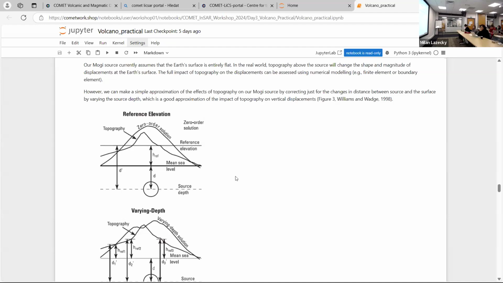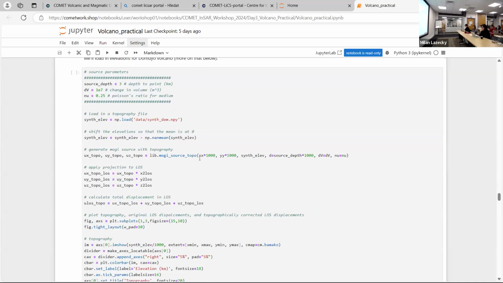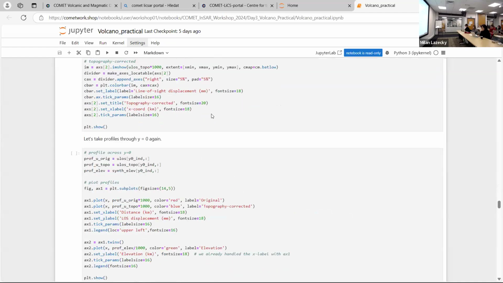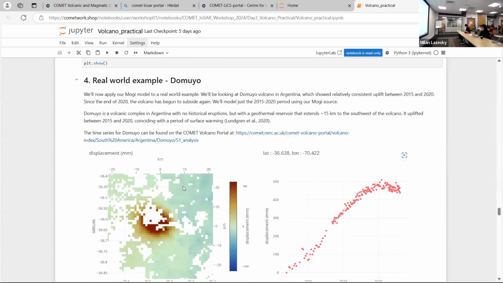So if you want to work through this next stage, we're going to have a look at how the topography influences our deformation measurement. This is all moving away from why our simple analytical model that looks radially symmetric looks very different once we're actually interpreting data. Cool. So work through that section too, and stop before you get to the real world example.